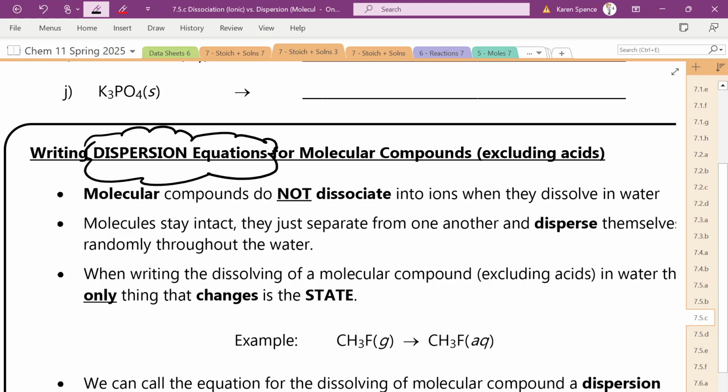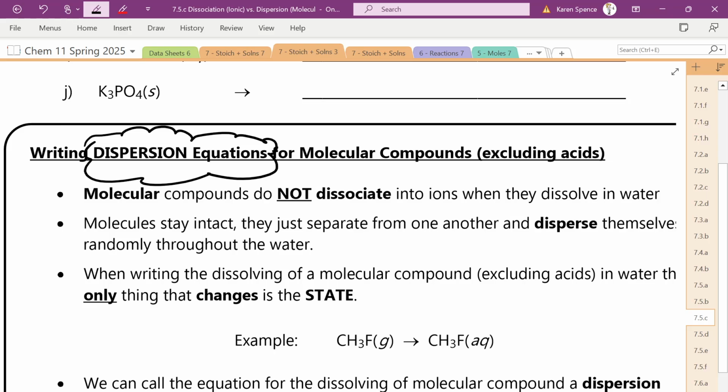I got really graphic with my other block. I think it was block 8. I was like, if you dissociate, it would be like if you had a bunch of people and they cut themselves in half and one half went this way and one half went that way. And then every half, little half people wandered around. If you disperse, everybody's in a crowd and then just everybody walks off. There's no splitting in half. Okay? Which is not a lovely picture, but it sticks, right? So in dissociation, you might have 2 arms come off and then you've got a body, right? Or, whatever. In here, the entire person stays intact.